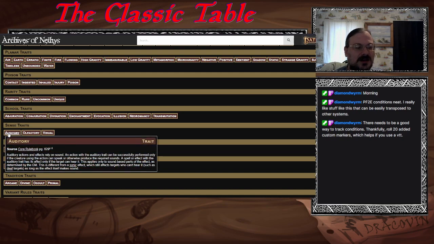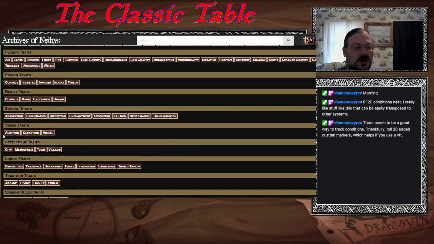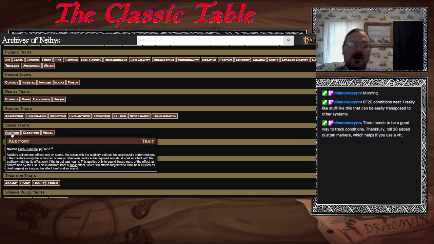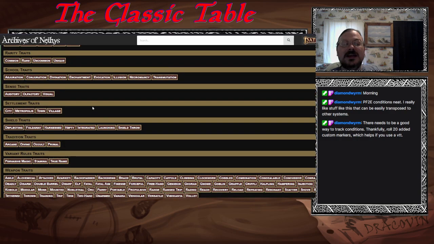Senses traits. This kind of tells you that an action or something has a visual, olfactory, or auditory component to it. Remember when we talked about deafened and its auditory things, or blinded with its visual things? Hey, here's where the traits come in. Here's where the traits are important. When you're either blinded or deafened or dazzled or stuff like that, then the senses traits become important, because then you can know how a skill, spell, or ability will react with that person, or the person's use of it